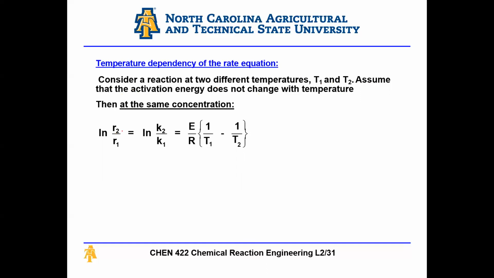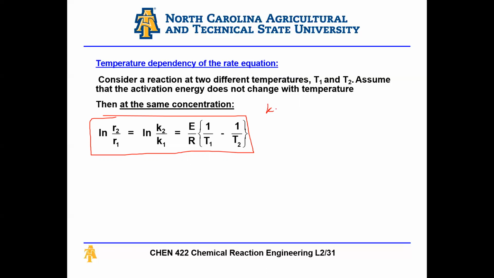Then at the same concentration, ln R2 divided by R1 is equal to ln K2 divided by K1, is equal to E over R times (1 over T1 minus 1 over T2). Okay, so this is an equation which you should know and you should be able to use, and you should be able to derive as well. The way we derive it is,